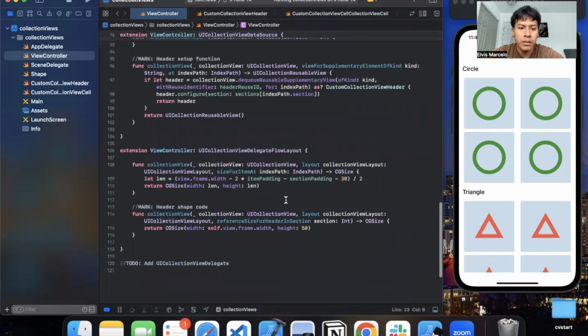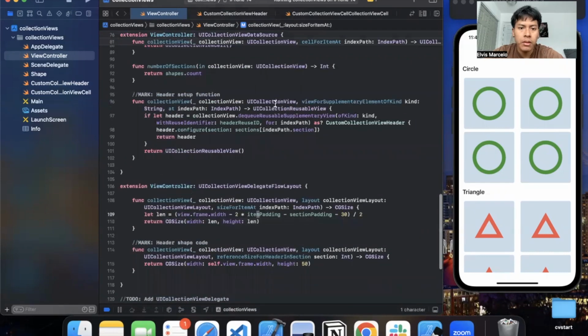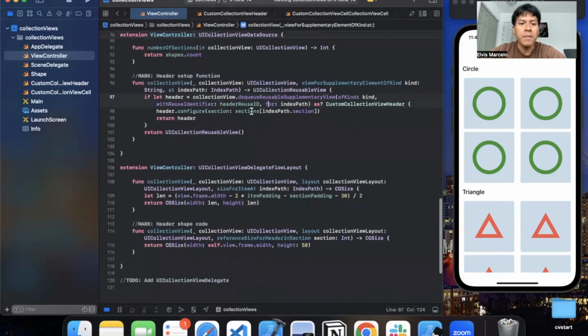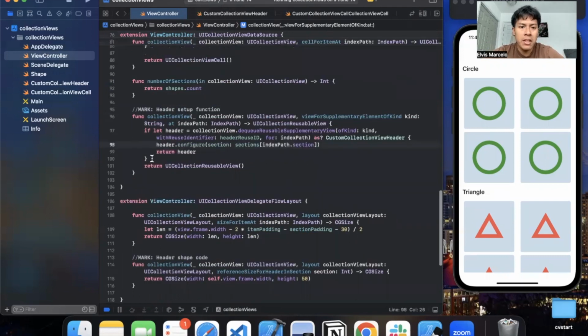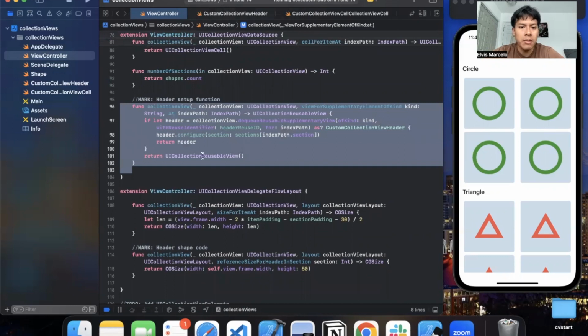And let's see. Where was I? Oh yeah, here. So I'm configuring for every one of these headers. So that's the whole concept of configuring and setting up a header view. All we really needed to add was this. Well, we added this function view for supplementary element of kind to set up these header views,